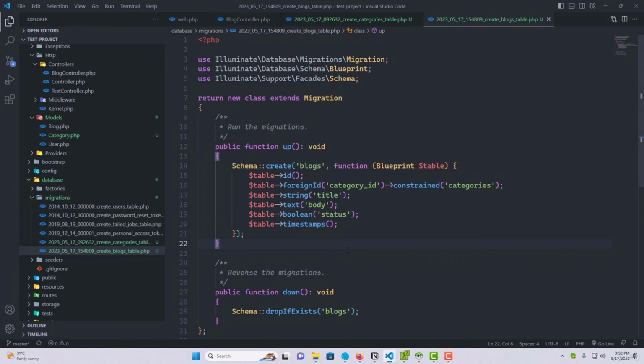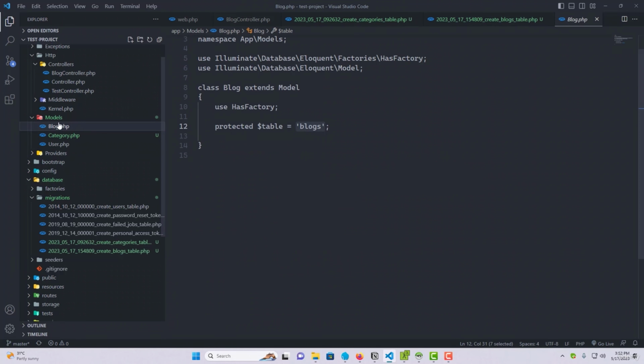Now we'll be establishing our relationship in the model, because the model handles all of the database connection stuff and other stuff. Got it? So all the relationships that we have to define, we will define in the model itself, right? So now we'll be creating a relationship between blog and category. Got it? So how can we do that? Open the blog model. As you can see, here is the blog model, and here what I'll do is